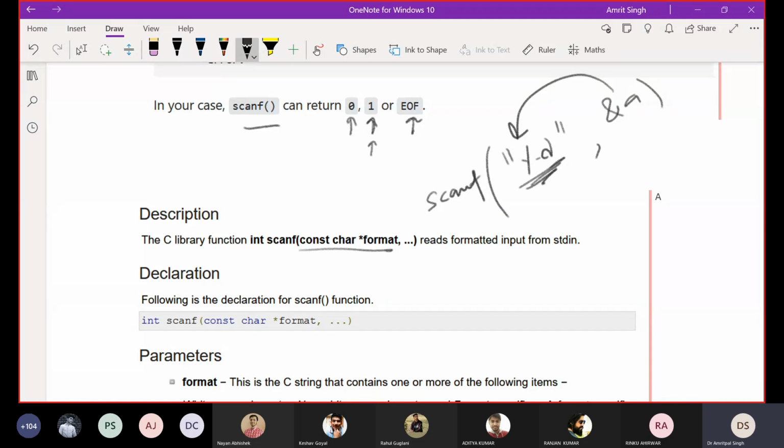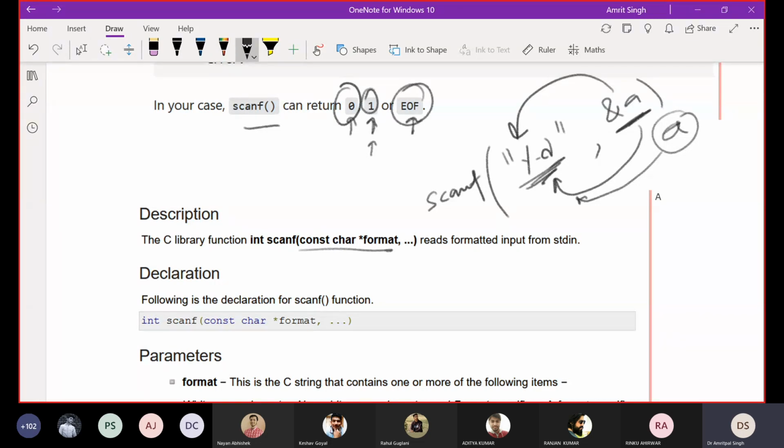When this operation happens successfully, you are going to return 1. And when, due to some matching failure, you are unable to assign this variable, it is going to ask you for input. You write A here, and since there is some matching failure, it is going to return 0.